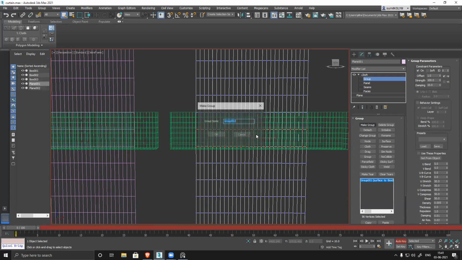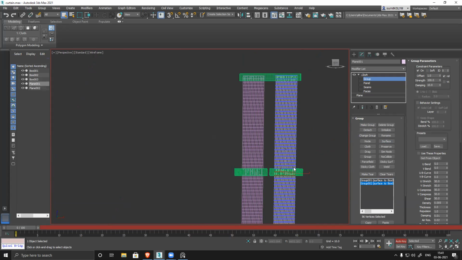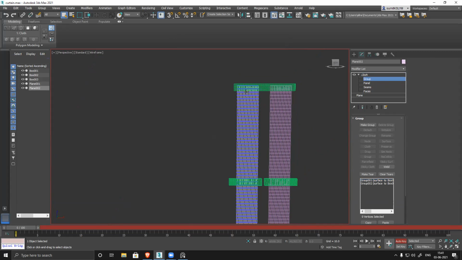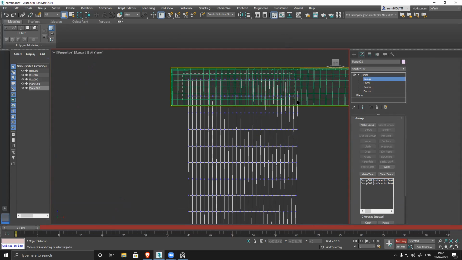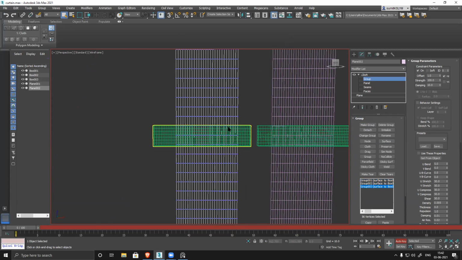these two, make a new group. I can name it. Now it's working. That surface I forgot to assign their property. That's why it was happening. Now, switch off this. Let's go to this cloth. Oh, not property. Groups. Select this. Make a new group. Surface. See, I can select this, so it should work.